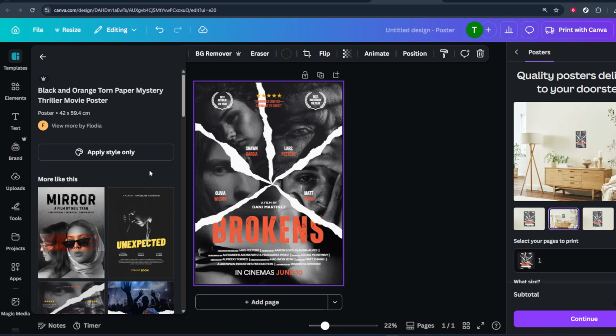Here you can scroll through the available movie poster templates. You'll find all kinds of looks: dramatic, minimalist, action-themed, romantic, and more. Even though you're starting from a template, you can customize everything later, including images, colors, and text. So don't worry about finding something that's perfect right away. Focus on choosing a layout